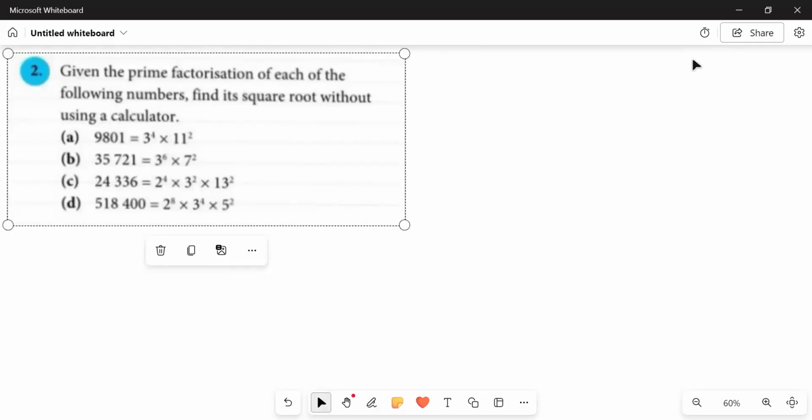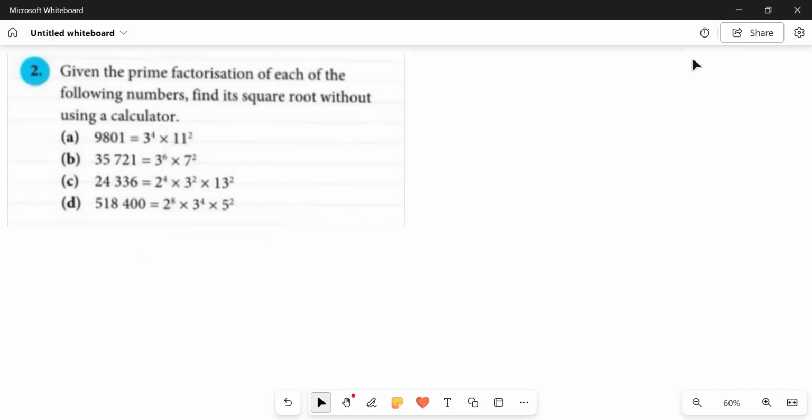Okay, students, now move to question number 2. This question is part 2 of question number 1, where the first part has already been done for you. That is, you have been provided with the prime factorization of the given numbers, right? So this is the same sort of question, but half of question number 1 has already been done for you. यहाँ पर इन्होंने prime factorization करके आपको factors in the form of index notation already बता दिए हैं.